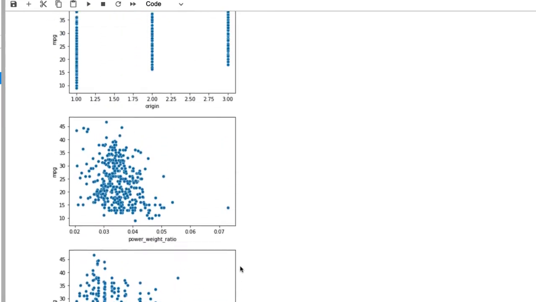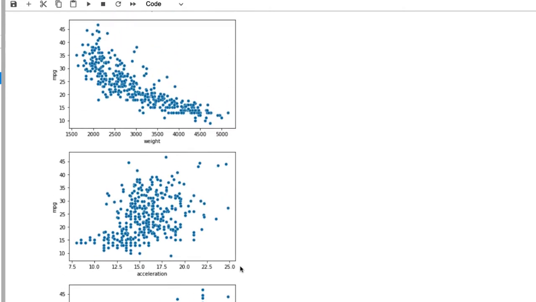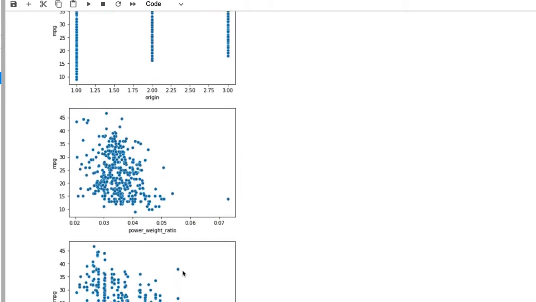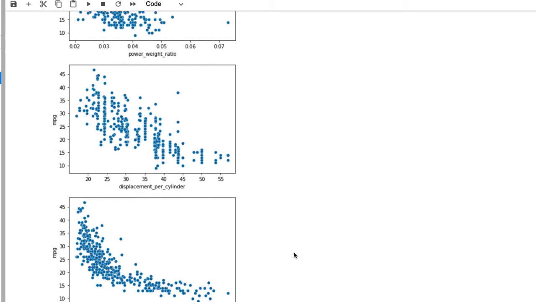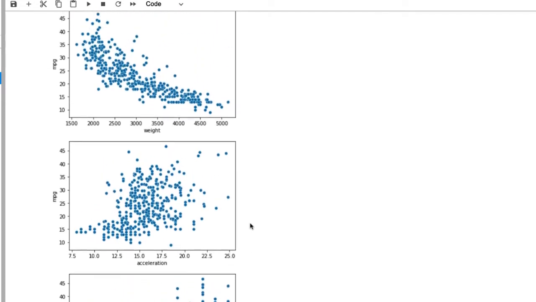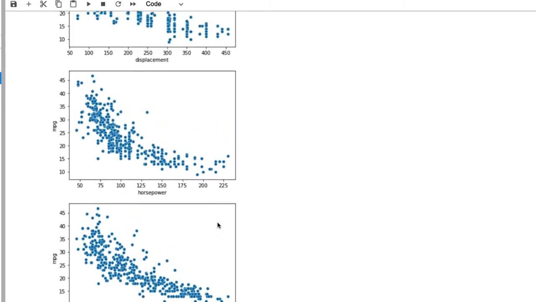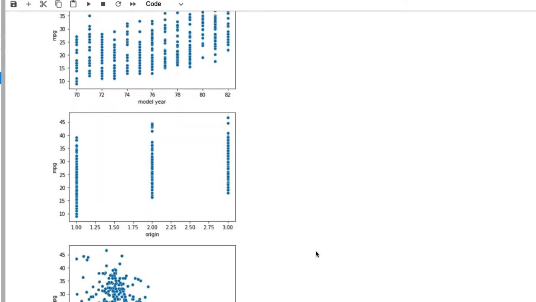So what that means is we can go ahead and use this power weight instead, while we drop the power and the weight. And we can use this displacement per cylinder. So we can use these two features and drop the other features and then see how it's going to be. So acceleration, weight, horsepower, we can drop that. Okay, cool. Let's go ahead and,